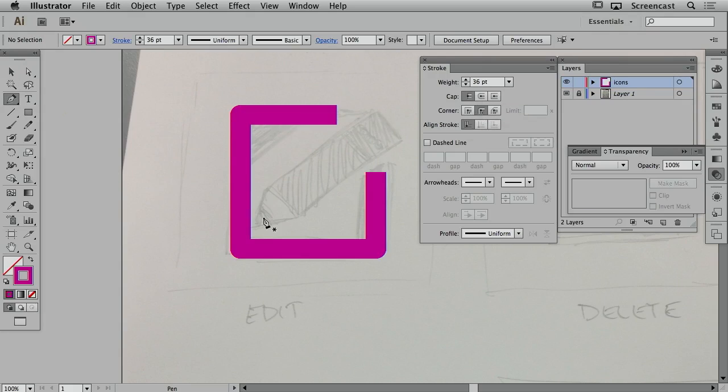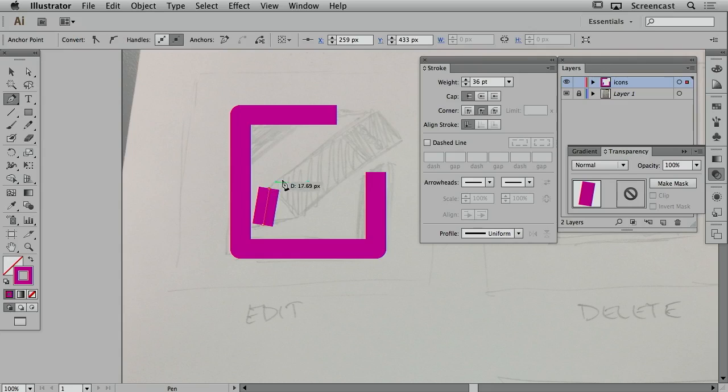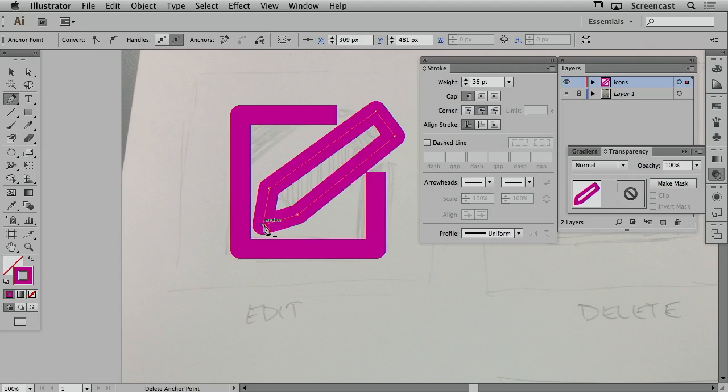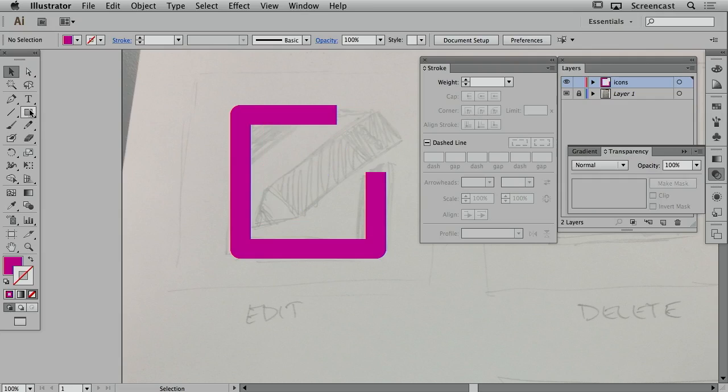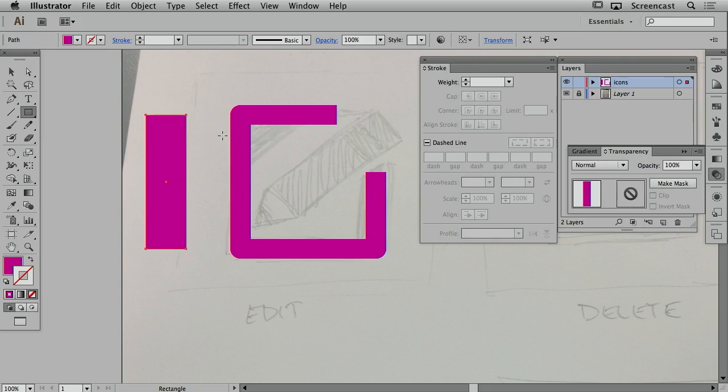And next I'm going to create our pencil here. Now you notice our stroke here is pretty thick, as we just used 36 point on the outline of the paper. So what I'm going to do is switch that to the fill. And our pencil isn't looking exactly symmetrical. So what I'm going to do is delete that. And then in the tools panel, I'm going to grab the rectangle tool,